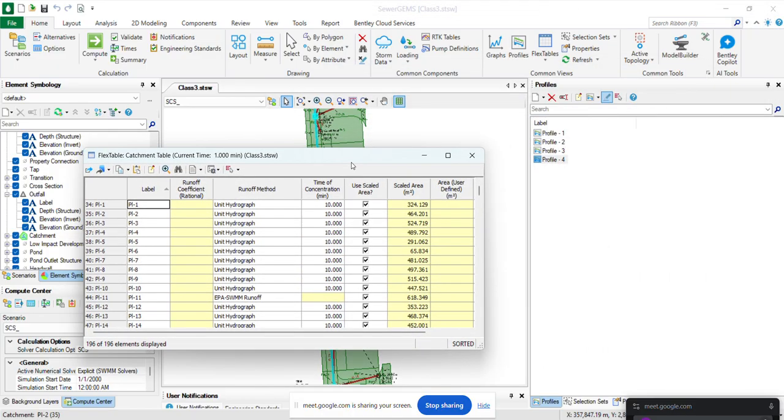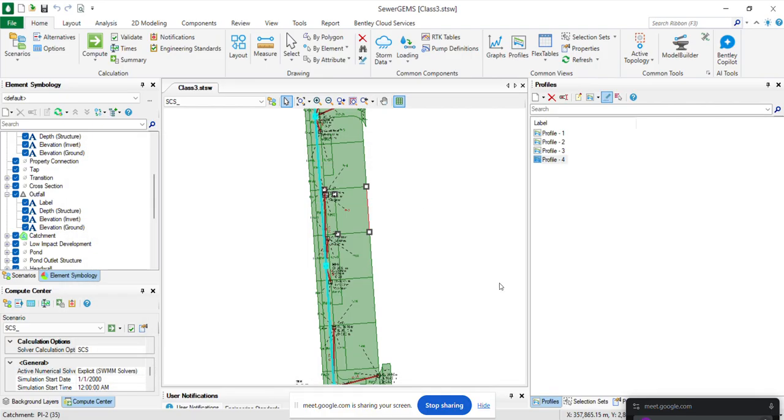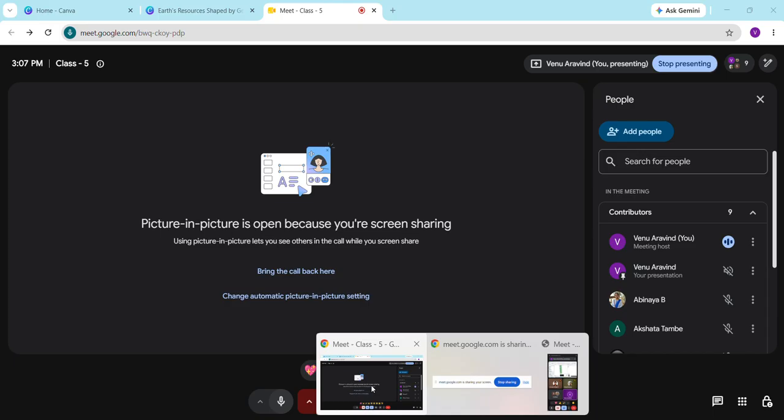So in the last class, what we have done is how to smoothen the profile by using a drop and increasing the pipe size. Then how to set up SCS parameters for the catchments. So this is what we have done in the last class. So in today's class, what we're going to see is